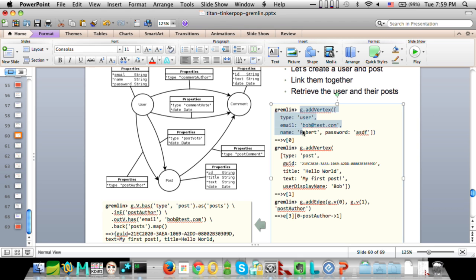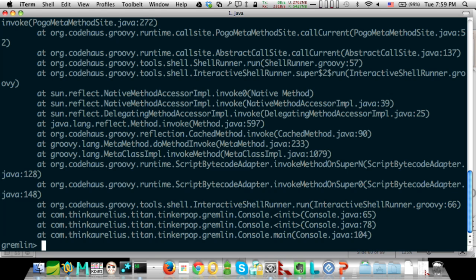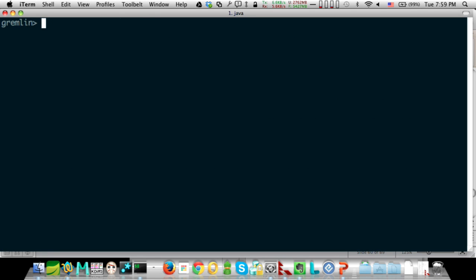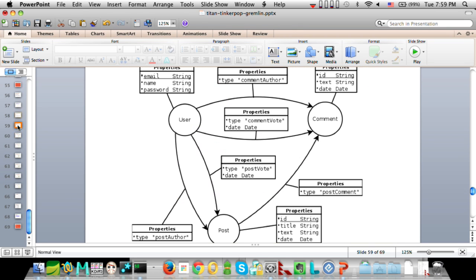So we can add a vertex here. Oh, that helps if I load my graph first, doesn't it? Let me go back here and paste that in.